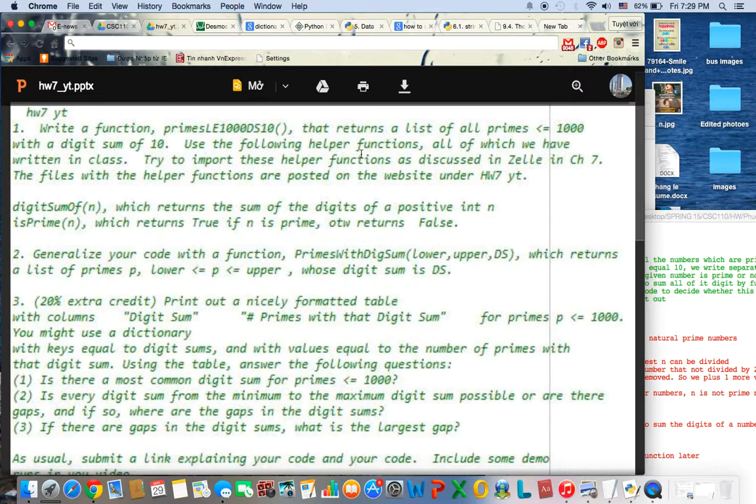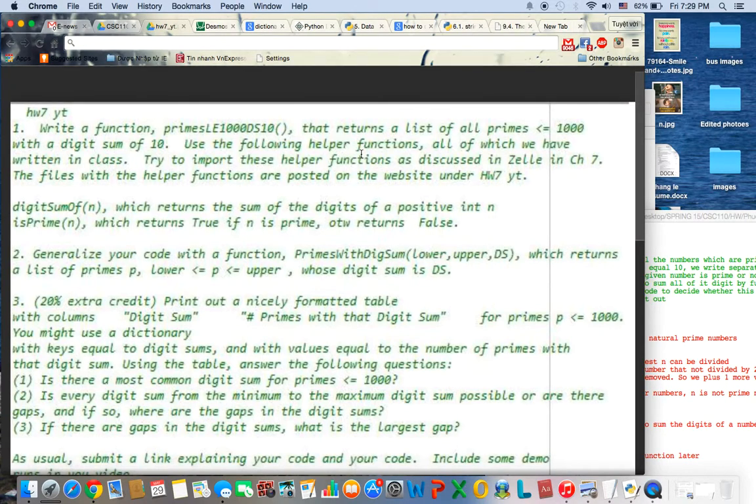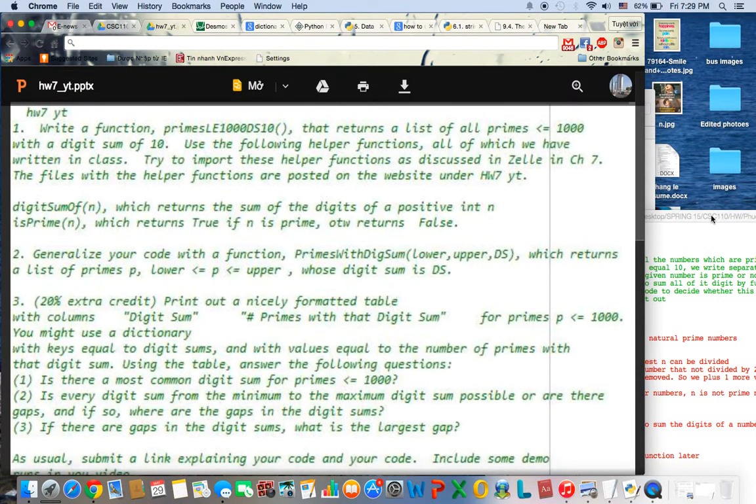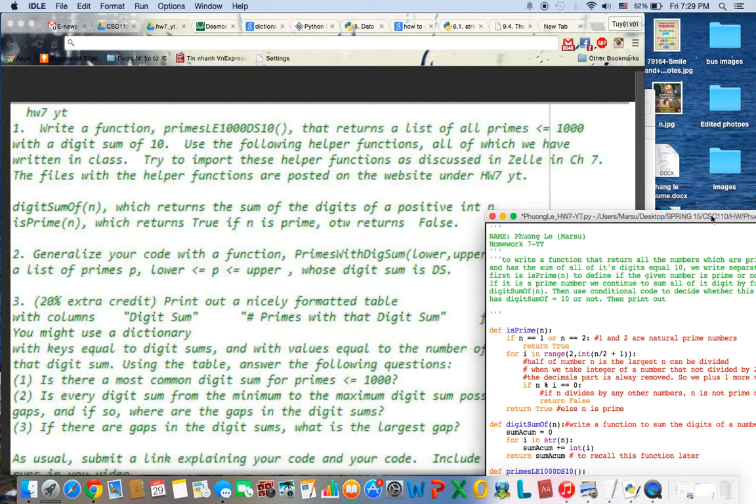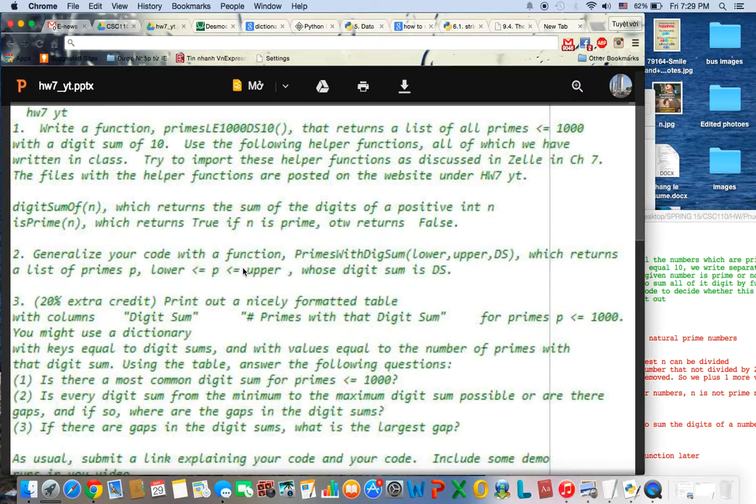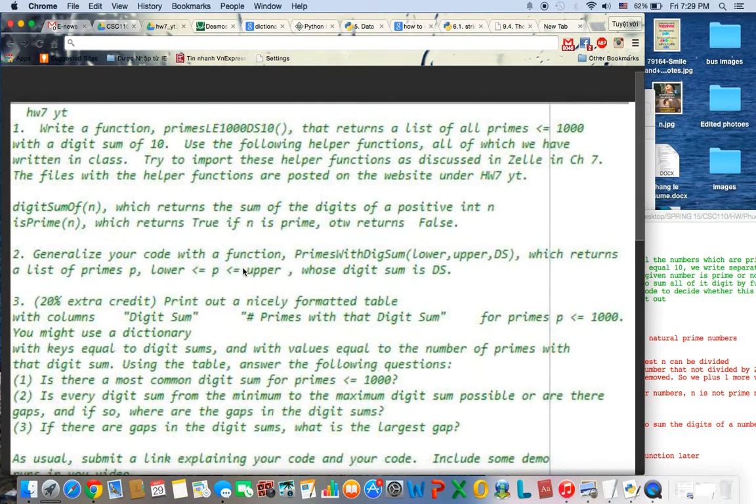So, this is homework 7. I'm gonna record my response, my answer for this, my code. Okay, so the requirement is to write a function that